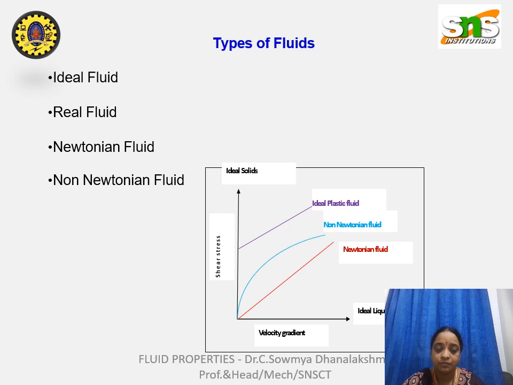The next one is the types of fluid. There are many types of fluids. All those fluids are categorized under these four types. One is ideal fluid, the other one is real fluid, the third one is Newtonian fluid, and the fourth one is non-Newtonian fluid. Newtonian fluid strictly obeys Newton's law of viscosity. Non-Newtonian fluid does not obey the viscous property. Real fluid is one which has all the properties always, and ideal fluid is one which follows